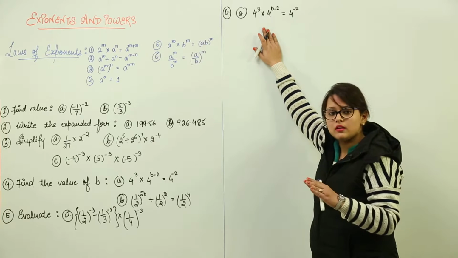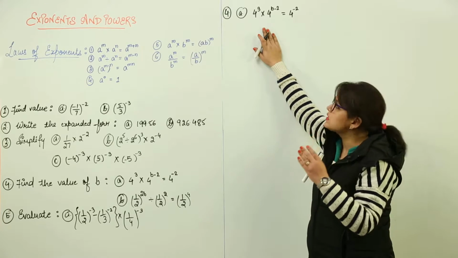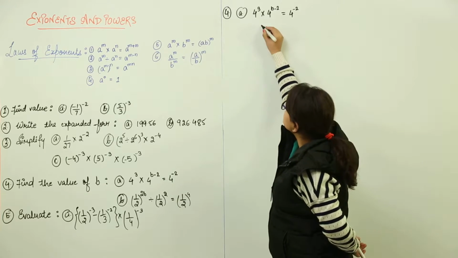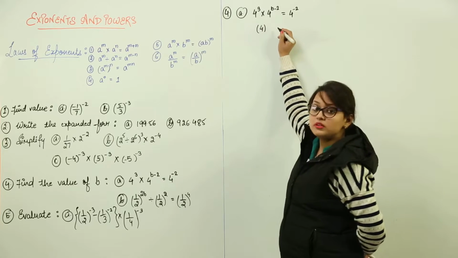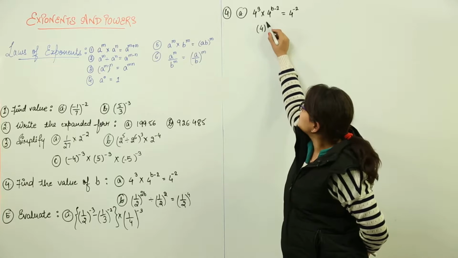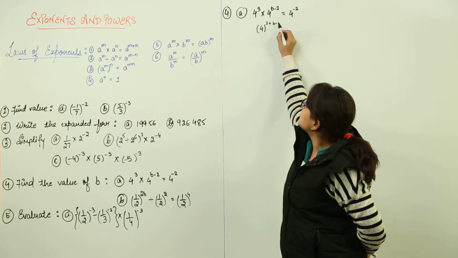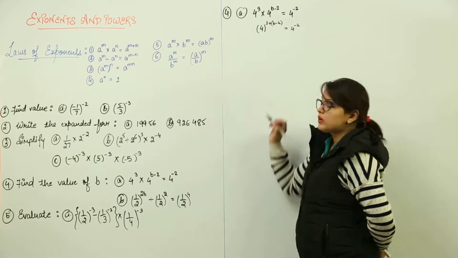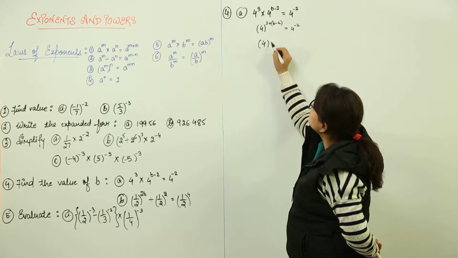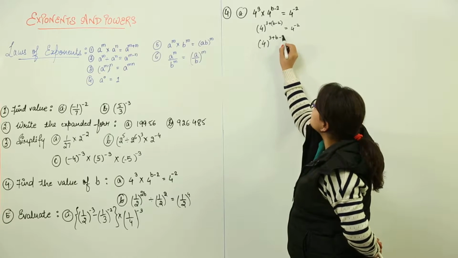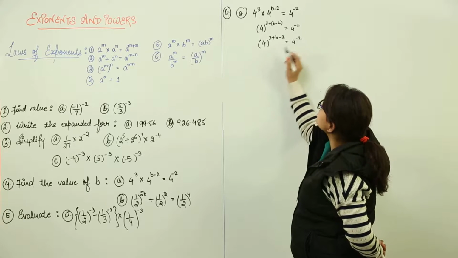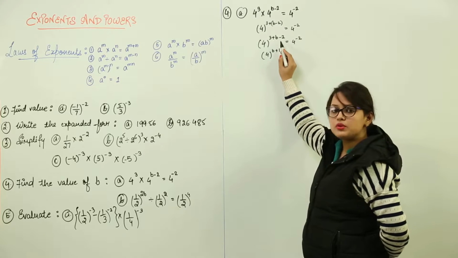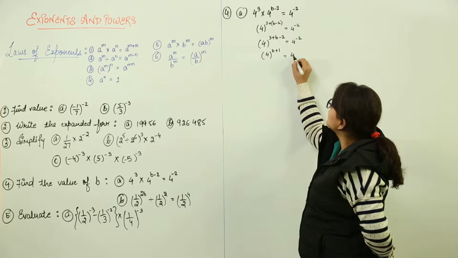Before thinking anything, you just focus on what comes to your mind when you look at the question directly. When I look at this question, I can see the bases are same, so the powers of both the bases will get added. So what do I get over here? 3 plus b minus 2 equal to 4 raised to power minus 2, which remains as it is. Now if we solve this left hand side part, we get b plus 1, because 3 minus 2 comes equal to 1 only. What do we get? 4 raised to power minus 2.